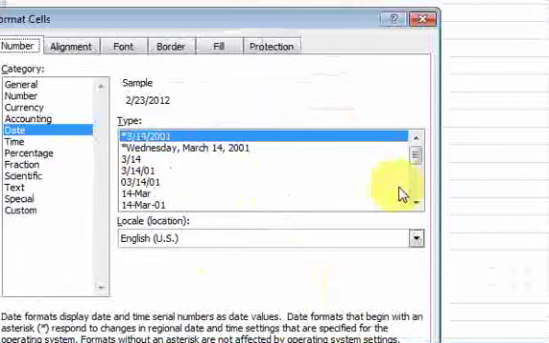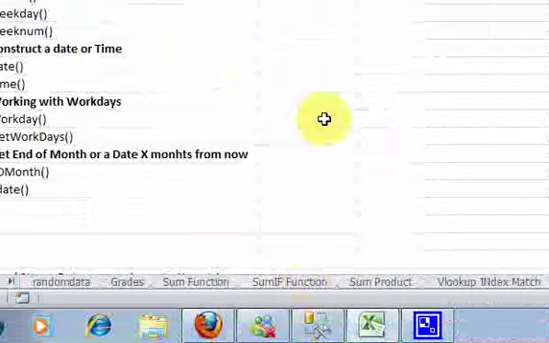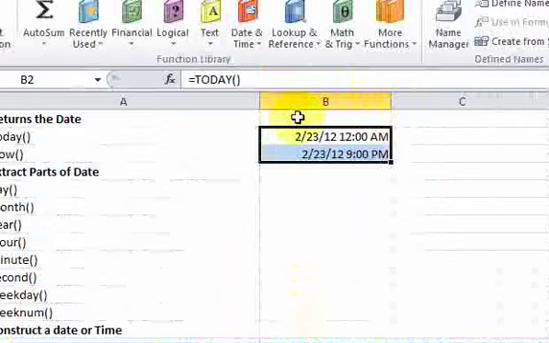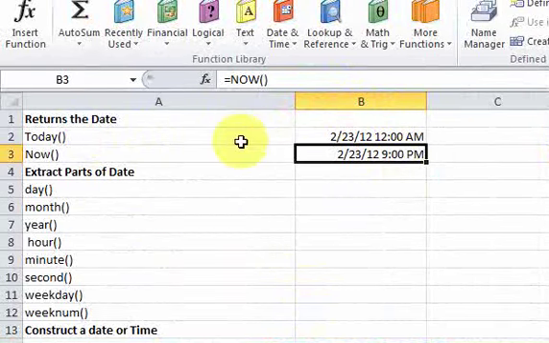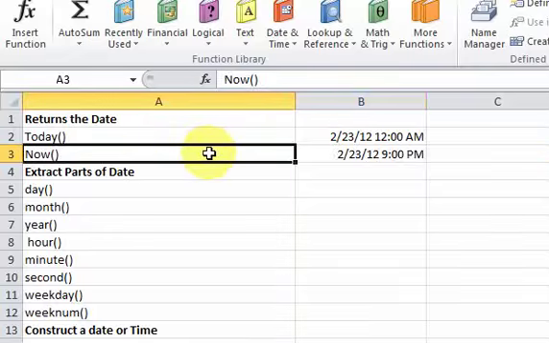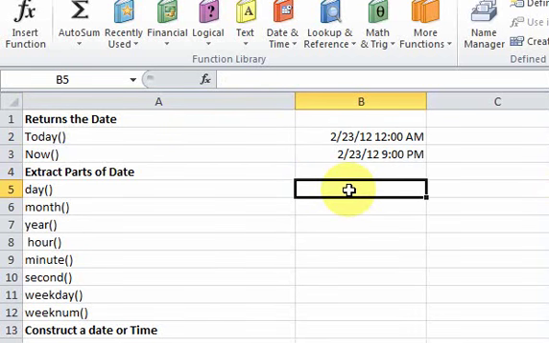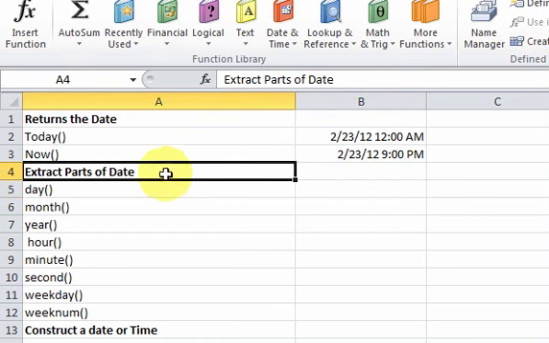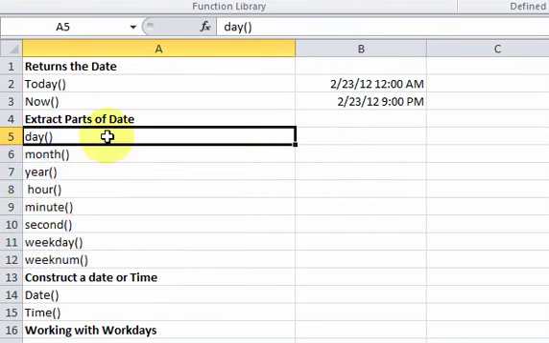If I just go down here, and this is the one I choose a lot, the today function does not include the current time, whereas this is the current time. It's now, so that's why it's the now function. This is just the today function. Okay, so once we have that, the next category I have for these date functions is, here's a bunch of functions where you can extract